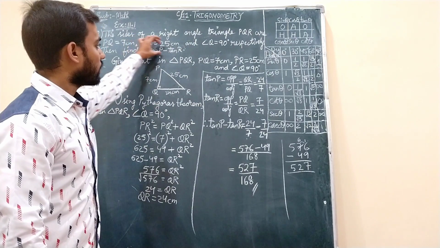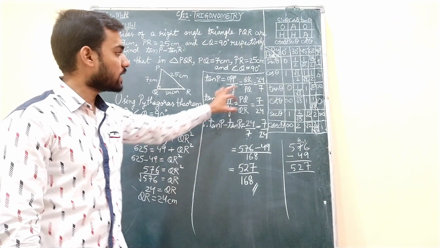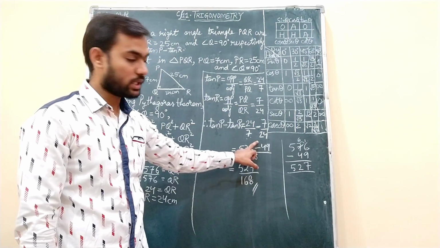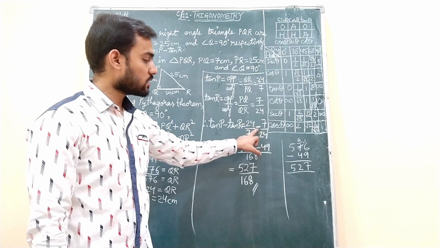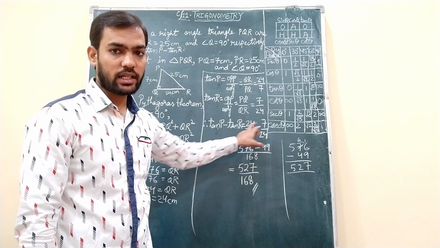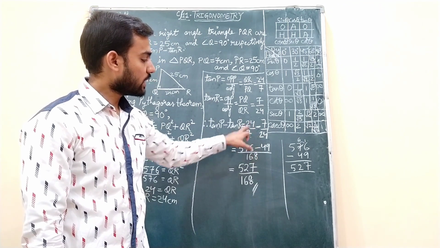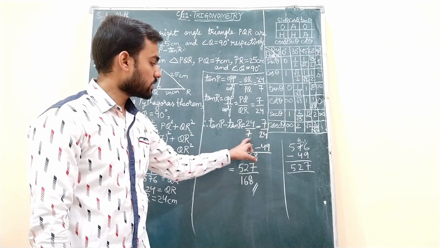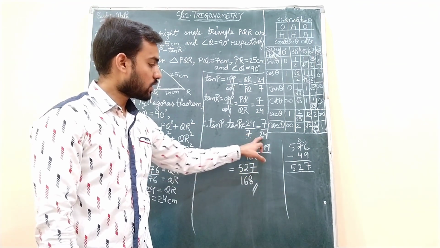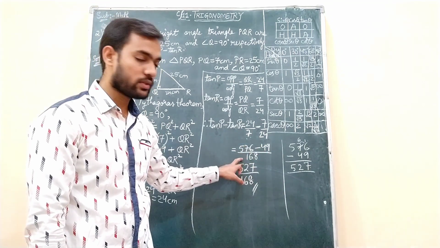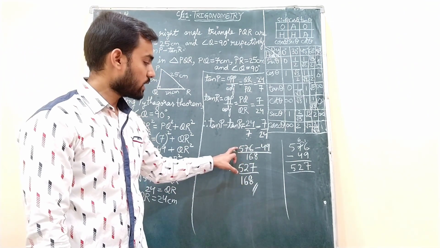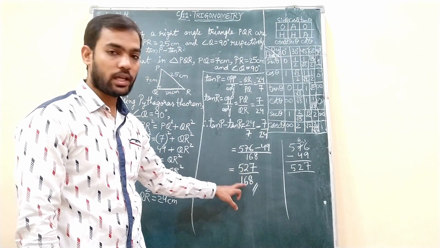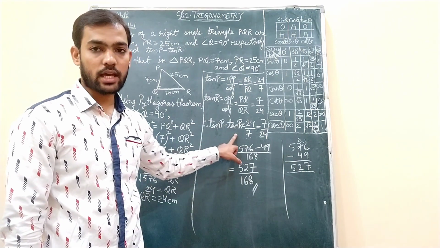Then we have proceeded for finding this tan P minus tan R. So tan P value is 24 by 7 minus tan R is 7 by 24, that we have noted down. So here these two fractions need to be subtracted. How to subtract them? Directly you cannot do. So here numerators cross, denominators direct you can do. 24 into 24 is 576, 7 into 7 is 49, the whole divided by the denominators directly multiplied, 7 into 24 gives 168. When you subtract 576 minus 49, you get 527. So 527 upon 168 is our answer for this tan P minus tan R value.